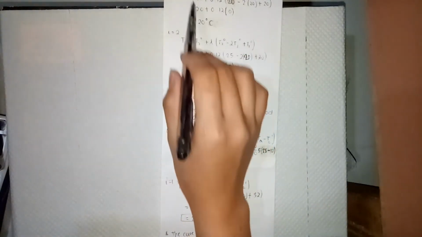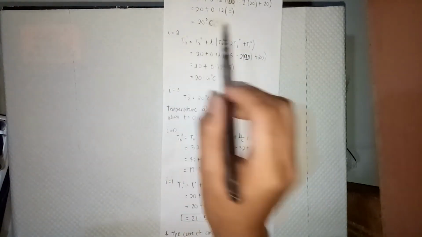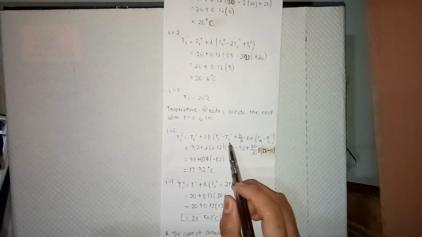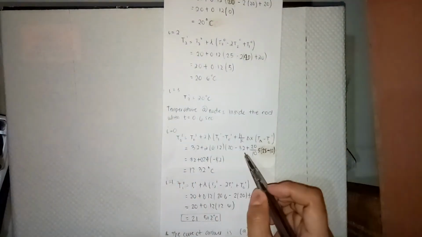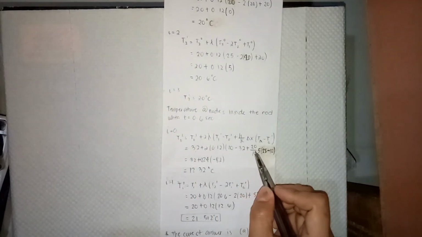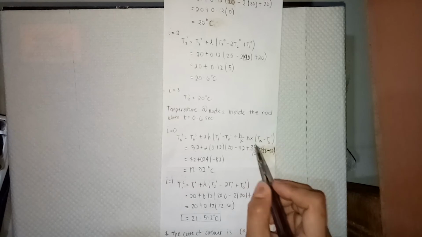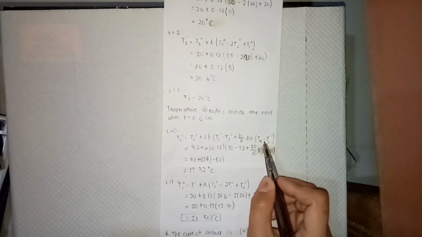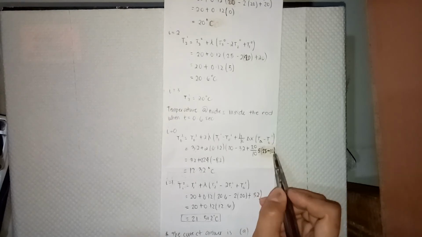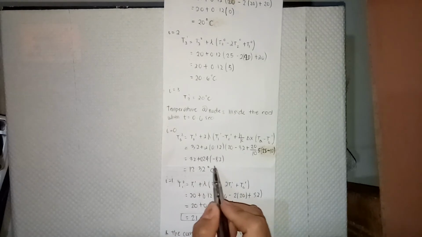So temperature 1 at node 1 is 20, and then temperature 0 at node 1 is 32, and the value of our h over k is 20 over 10. Delta x is 5. Our final temperature is 25. Our temperature 0 at node 1 is 32. So we will get the answer of